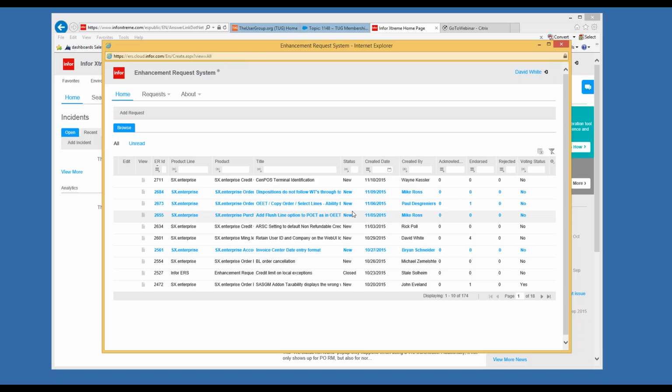So I think what you're saying, though, is that from Infor's perspective, if a SIG puts in an issue, Infor has no way of knowing how many people are behind that. It really has to do with how many individual endorsements the issue gets on the ERS that generates attention from Infor. Is that correct? Well, that is somewhat true, but one of the things that we got Infor